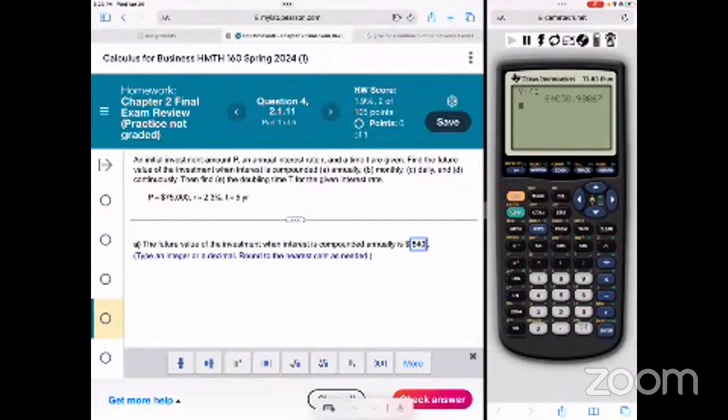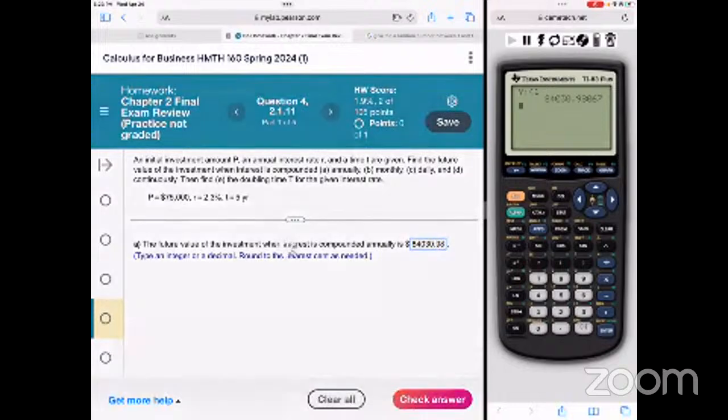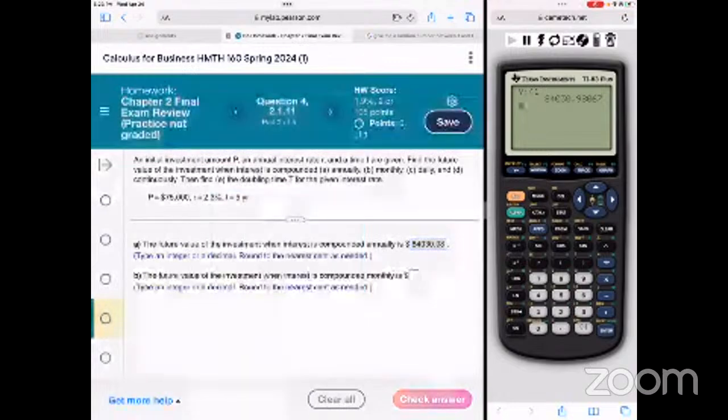Okay. And then now the next one is monthly, right? So now our N goes from 1 to 12. So I want that same formula. Instead of N being 1, or instead of X being 1, I let it, now it's 12 because we want monthly, and it spits out the answer. Right? Because again, the only thing that's changing is N, so I made that my variable. 84.131, 84.131, and 25 cents.